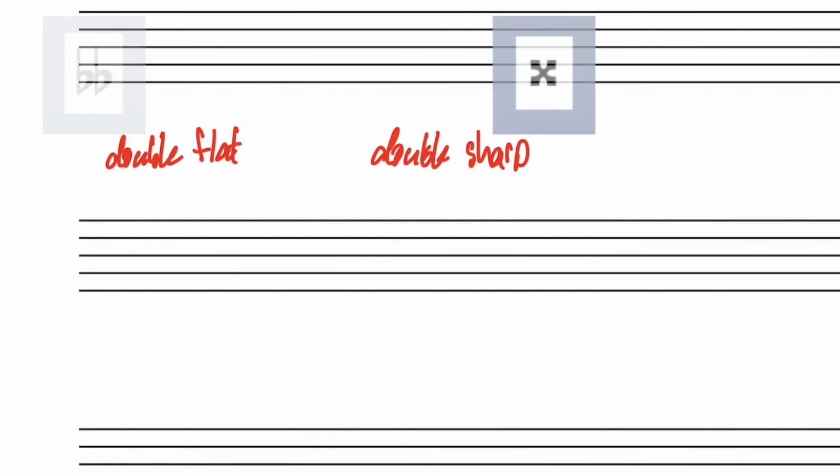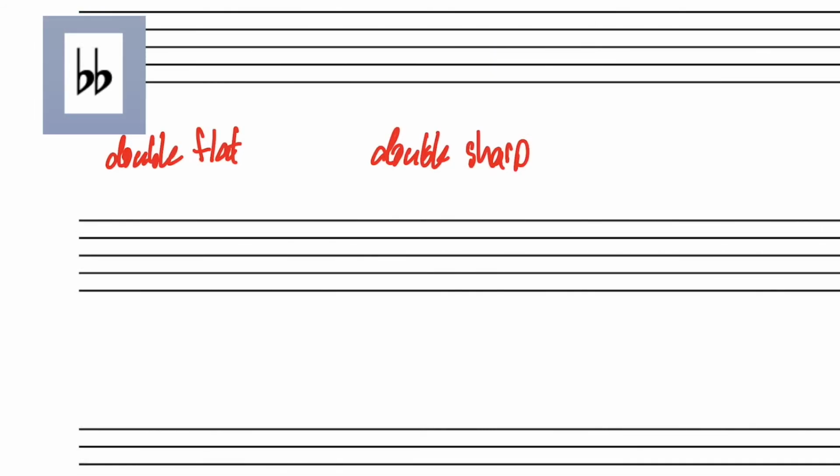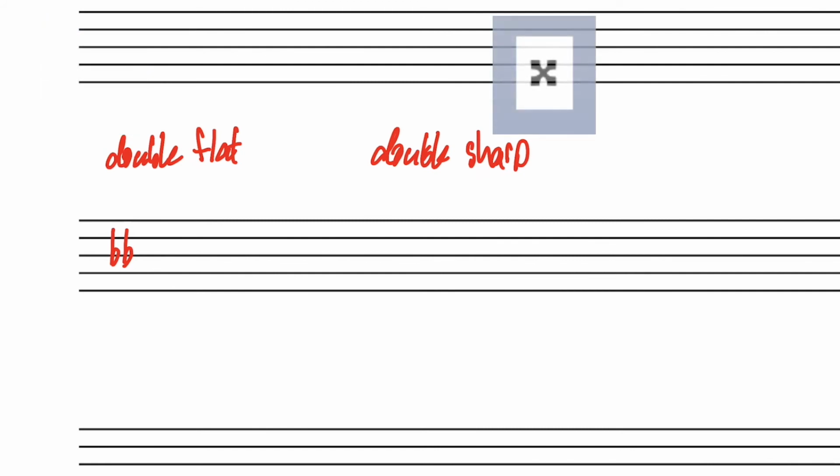All right, let's talk double sharps and double flats. So double flats are probably the easiest ones. You simply take that flat symbol, in this case I'm referring to a line note, and you draw it twice. That's it. As for the double sharp, it's a funky looking thing. It's almost like an X with bold corners. So there's my attempt at a double sharp for a line note. And here's how I would draw it for a space note. If you don't want it to look quite so detailed, that's fine. You can just do an X in your handwriting. An X. All right, so that's double flats and double sharps.